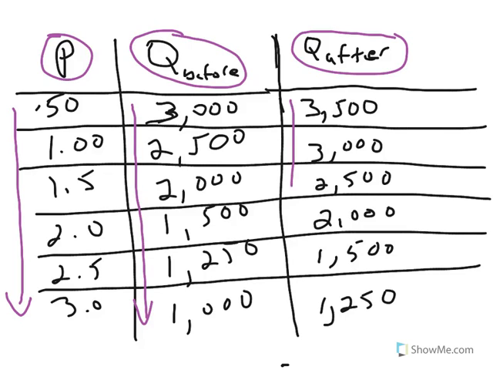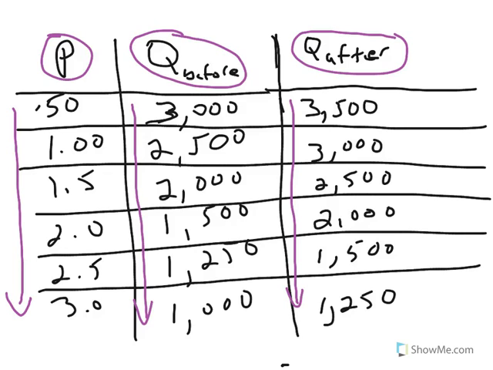And that theory follows through for both before and after the demand for biofuels increases. And what I did in the second column here for quantity demanded after is increase the demand 500 barrels for each price point until I got to $2.50, where I increased it